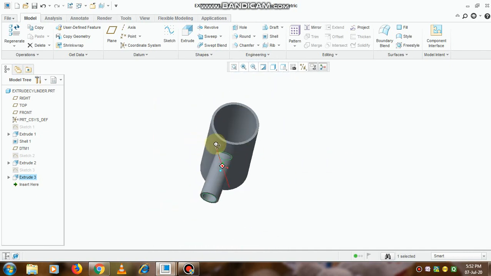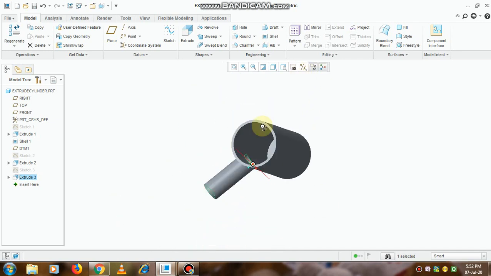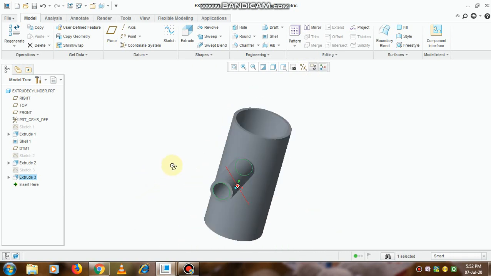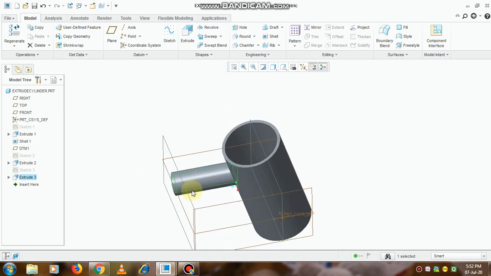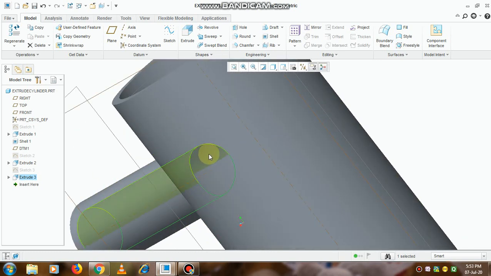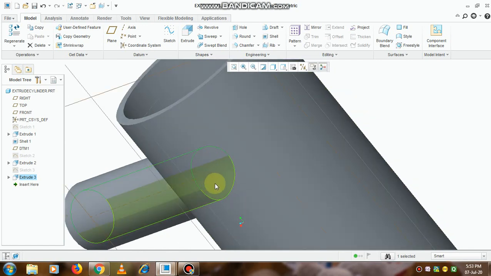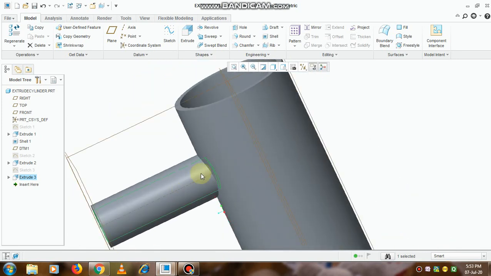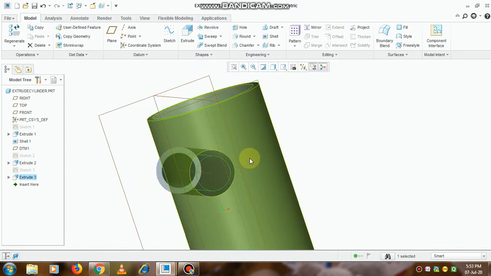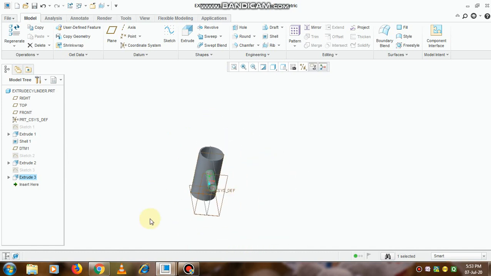So see, in this video we have seen how to create a circular pipe, a circular section cylinder, and how to execute the extrude command onto it. Now if you see this portion, that is the line of contact, it is not exactly a circle. So to achieve this exact dimension or exact extrude command, we need to create such an offset plane and then the extrude command up to the next surface.